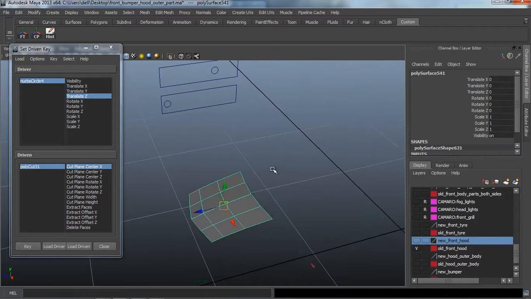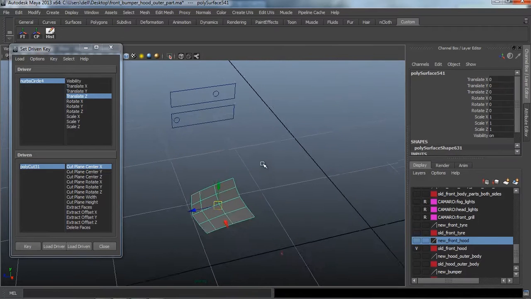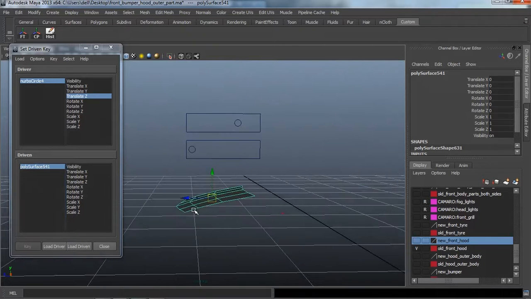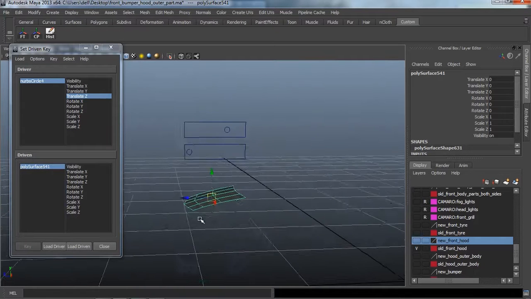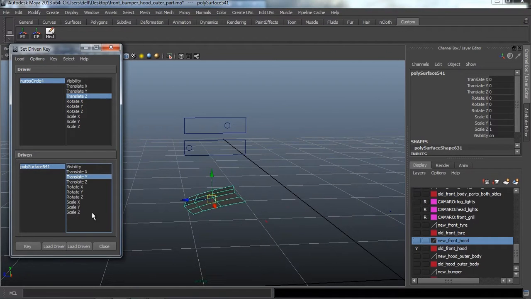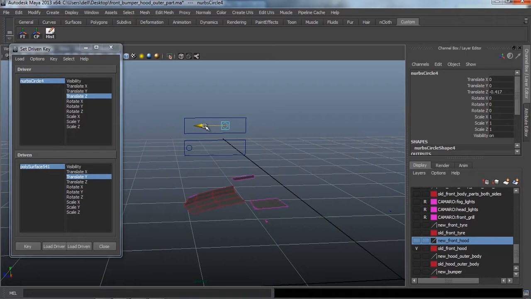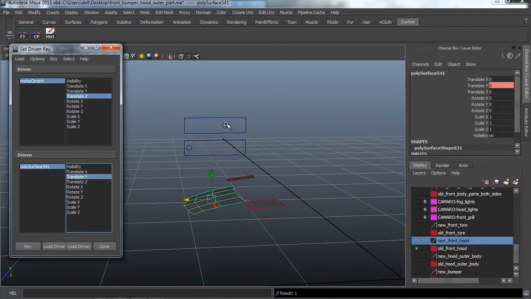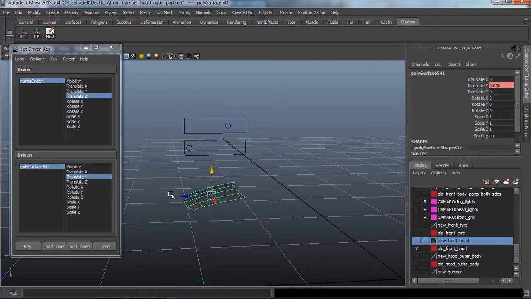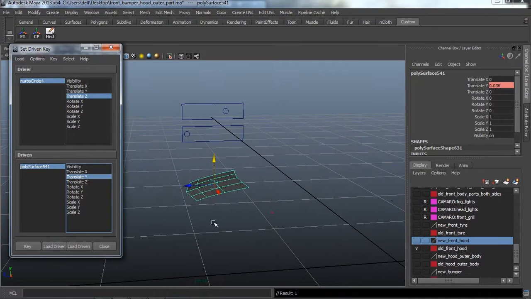we'll go with this one. So we'll make it driven, select the y-axis, take it just a bit backwards, select the y-axis, make it key, move it forward, select this one, make it upwards, press key,